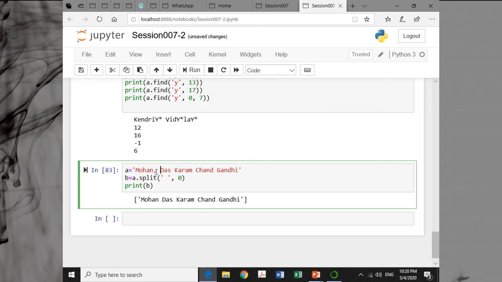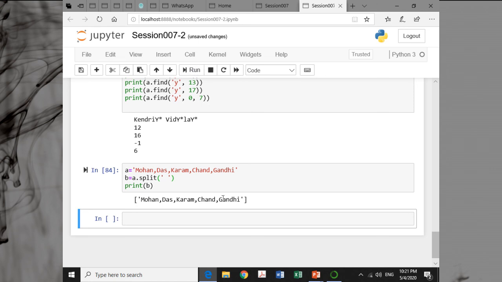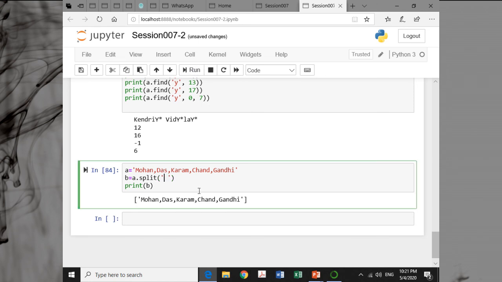Suppose I use comma as a separator. Like this, Mohandas Karamchand Gandhi. And now if I say split, it will not split anything because there is no blank space.